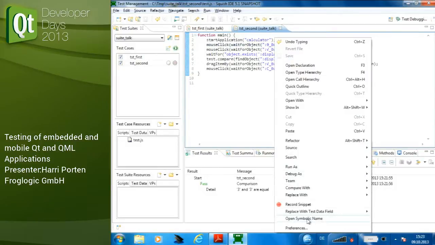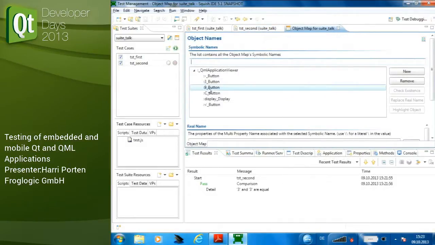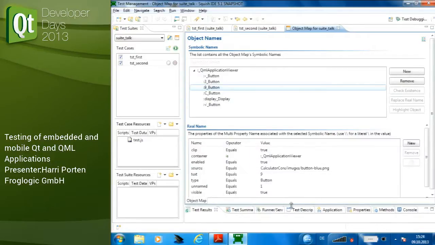I'll open that symbolic name in what we call the object map, a central repository that maps that symbolic name to its real name. And what you see here is that, after hard learning curves, we decided not to only look at a single property and build a hierarchy. One could argue Visual Basic programming was done that way: you start with the main window, there's a dialog, there's a button and whatever. So we don't go for a big tree necessarily anymore, but a couple of properties that Qt provides are used